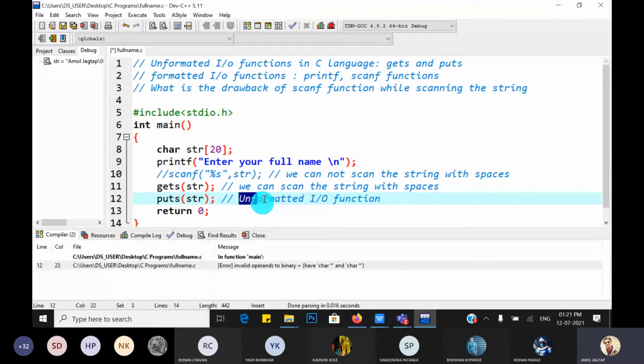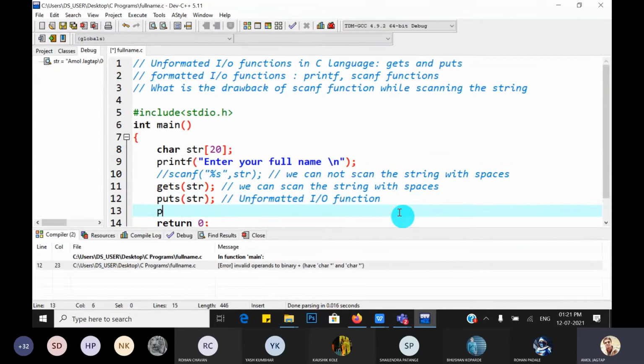Got it? We cannot format it. In printf, we can format the string whichever we want. For example, full name is equal to percentage d percentage s comma str.